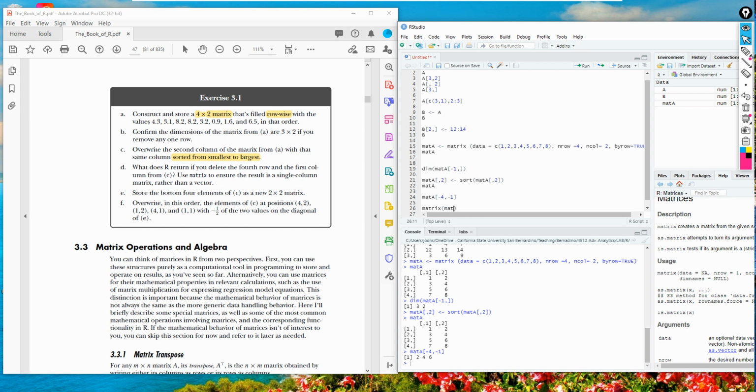So the mat A, -4 and -1. That's what they are asking you to do.